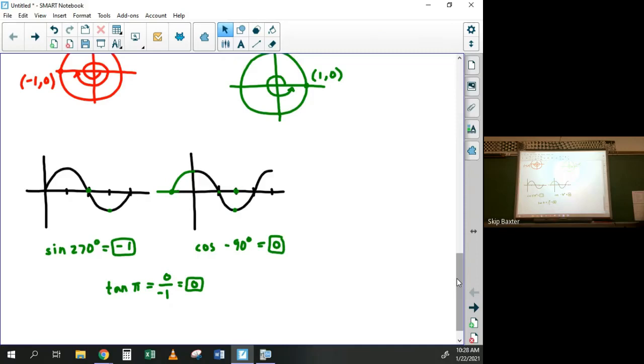So the homework tonight is called unit circle and quadrantal angles. That's what it's called. Unit circle and quadrantal angles. And I think it's pretty short. But I know